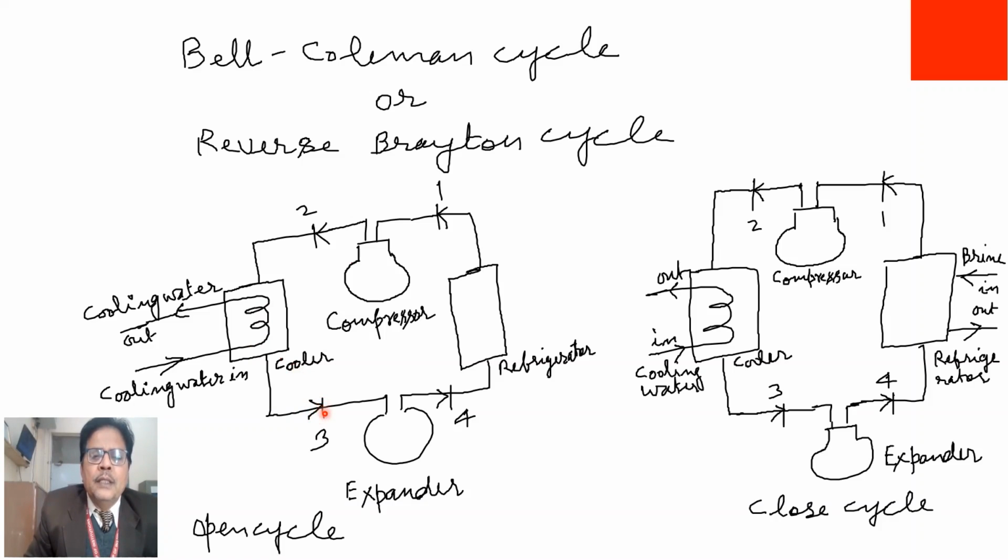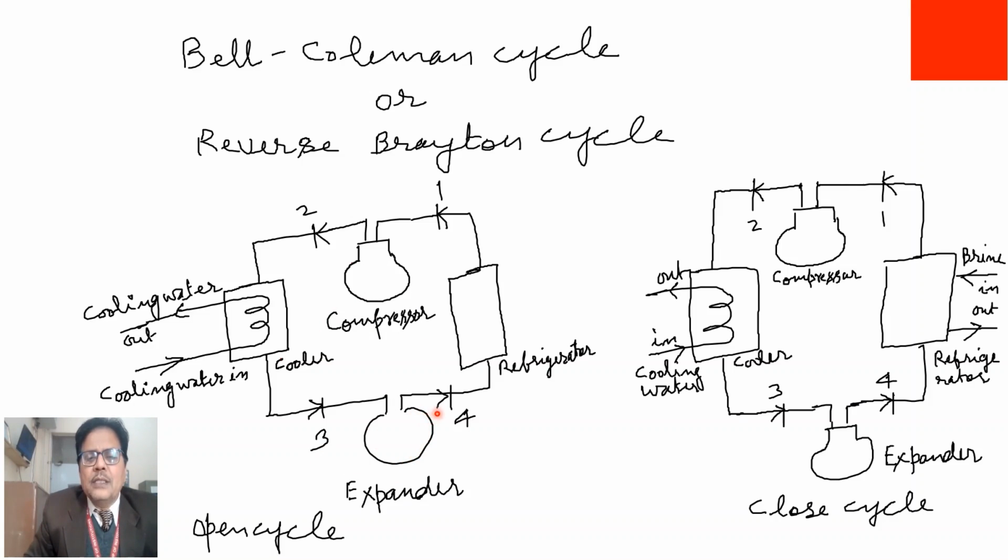So the air is cooled, and after that it is sent to an expander. Expander is a device which is used to expand. Basically its role is to decrease the pressure, because air is used as a working fluid and in a cycle we have to recirculate it. That's why its pressure has to be reduced. So the role of the expander is to reduce the pressure of the gas.